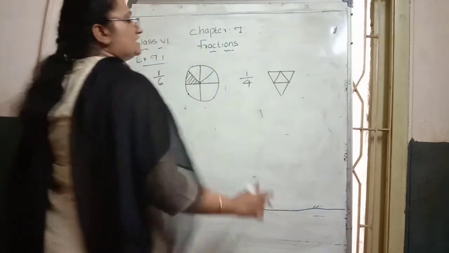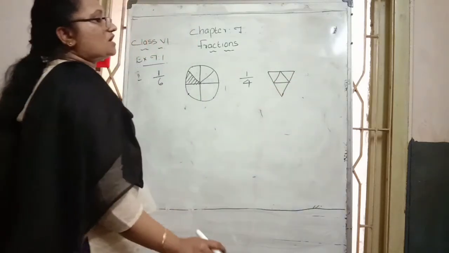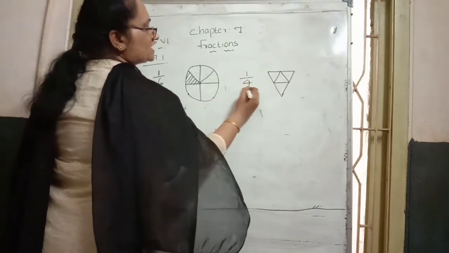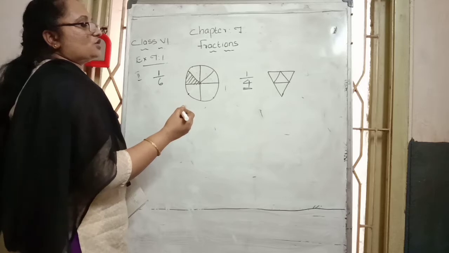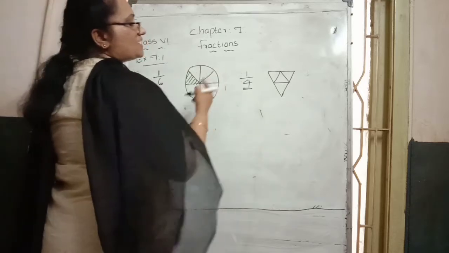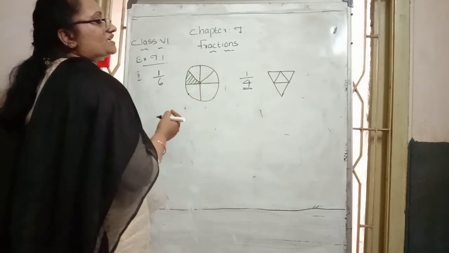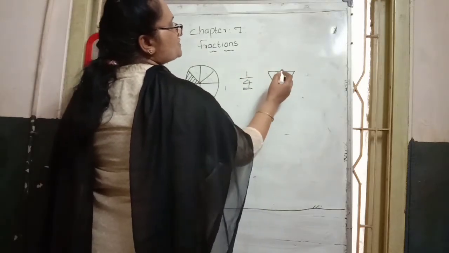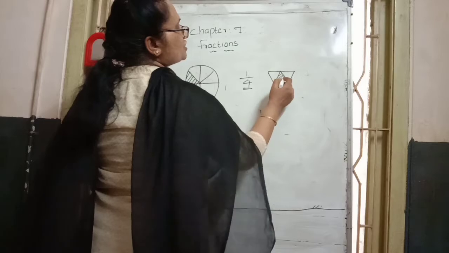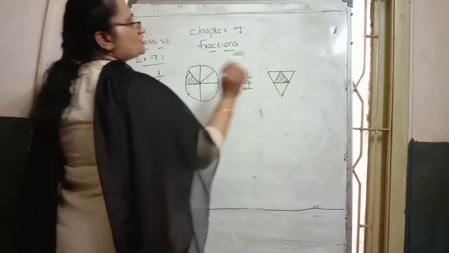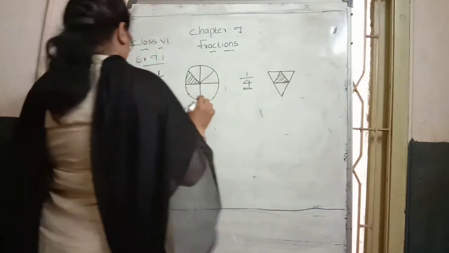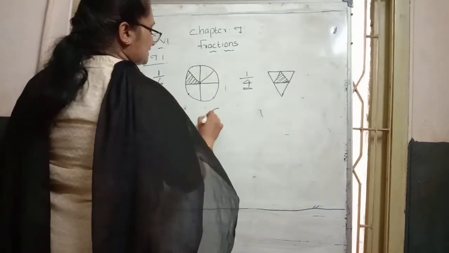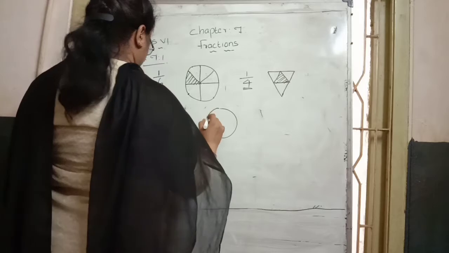So see here, in this diagram it is divided into how many parts? 1, 2, 3, 4 parts. That is the total number of parts, given in the denominator, and in the numerator, they say that in those 4 boxes one box we want to shade. Any one you can shade. So I shaded any one. So it will be represented like this. Another question: 3 by 4, shade 3 by 4 parts. So here the diagram is given like this.